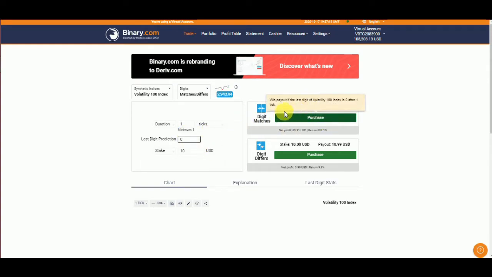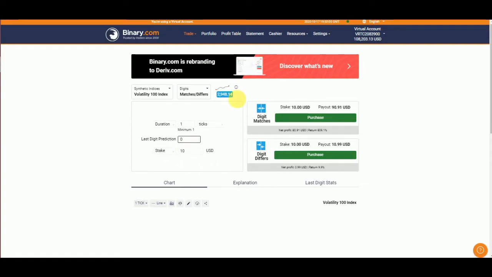You can see the matches payout is about $90 from a $10 stake, and differs is about $0.99 payout, which means the tendency to win matches is very low, while the tendency to win differs is very high. Out of digits 0 to 9, if the last digit eventually ends on the digit you choose here, which is 0,